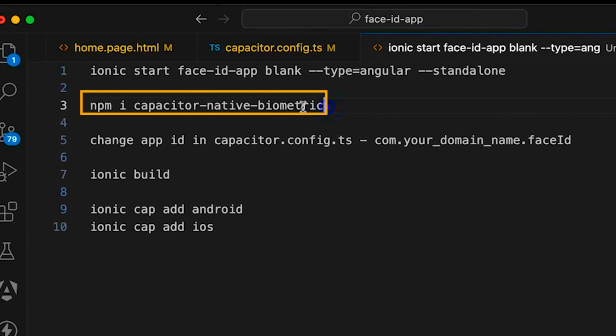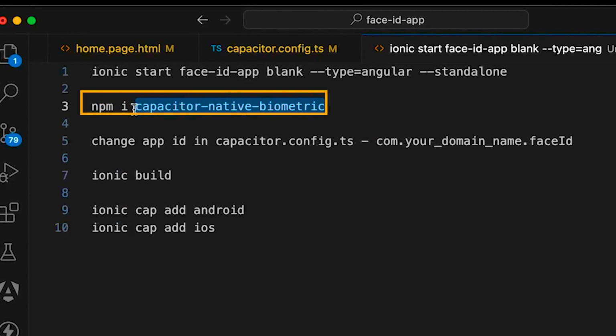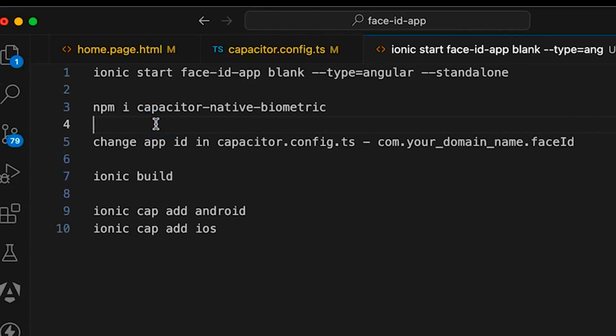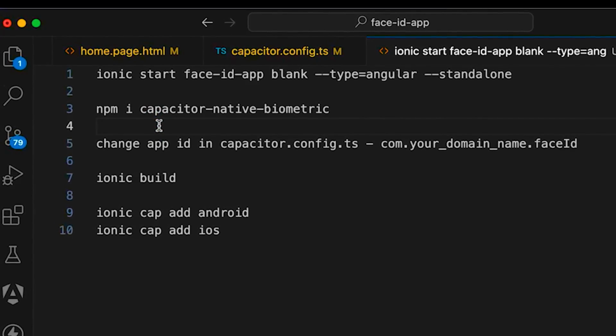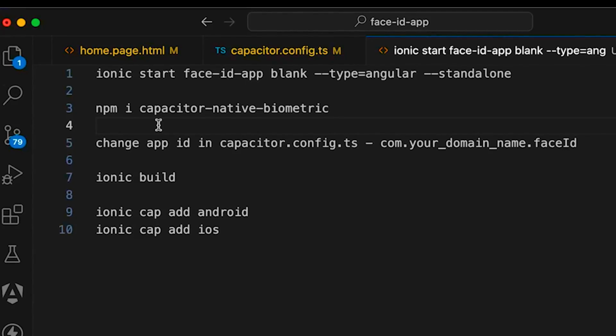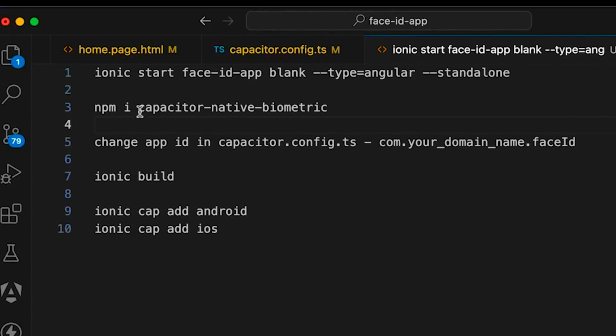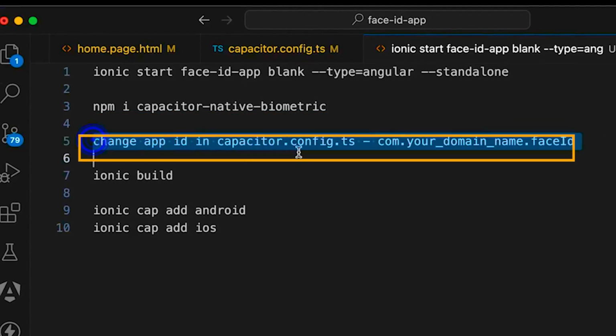Once you do that, don't worry, we will discuss it in detail. But in this video, you just need to sit back and relax. I'm going to show you all the stuff pretty quickly so that you can just copy my code and work with it pretty smoothly. Then after the installation is done, you need to change your package ID,